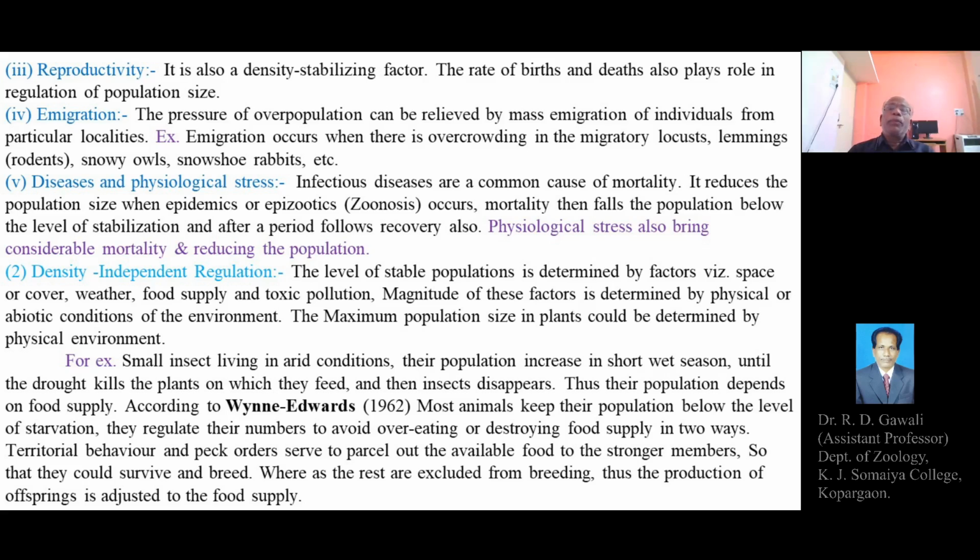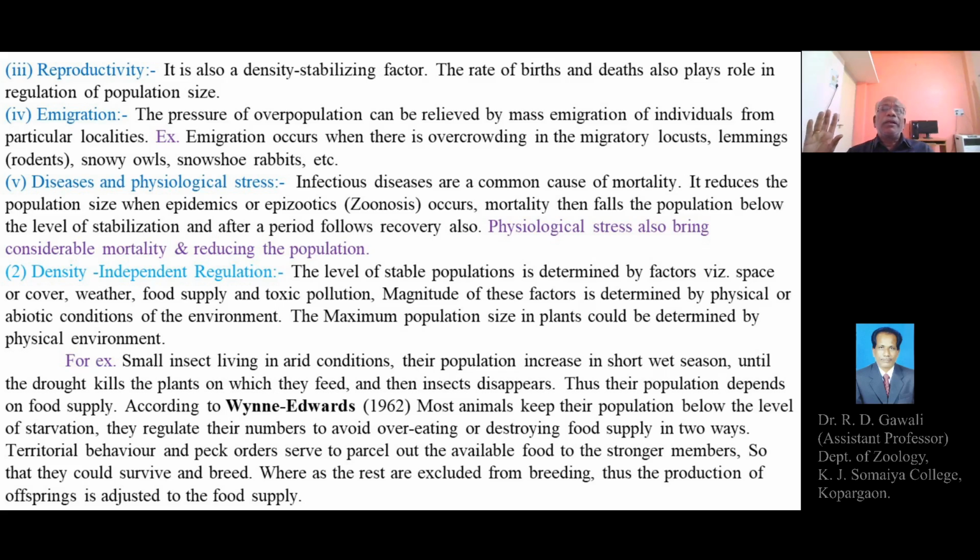Then the fifth density dependent factor, that is diseases and physiological stress. So there are a variety of infections or disease causing agents which are infecting a variety of organisms or plants and can lead into their mortality or their death. This reduces